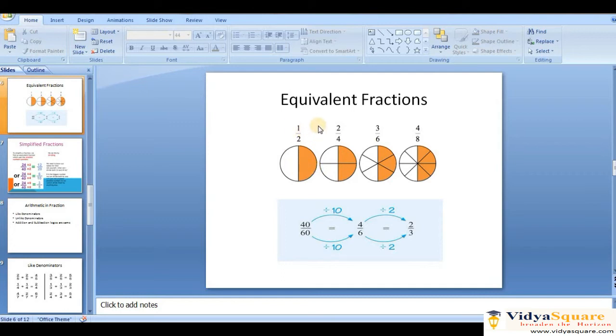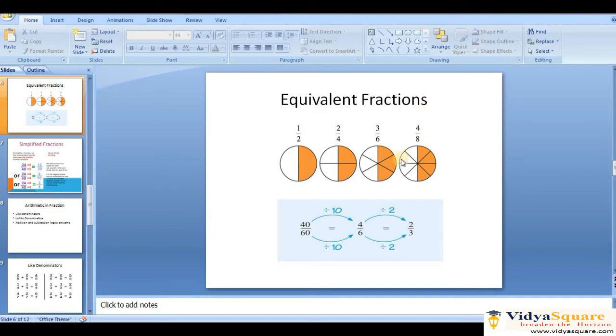So I can multiply these fractions with the same number to get the other one. Here 1 over 2, if you multiply this fraction by 2, we get 1 into 2, 2, 2 into 2, 4. Similarly 1 into 3, 3, 2 into 3, 6. Both numerator and denominator will be multiplied by the same number. 1 into 4, 4, 2 into 4, 8. So such fractions which are equal by value and which are multiplied by the same number in numerator and denominator are called equivalent fractions.